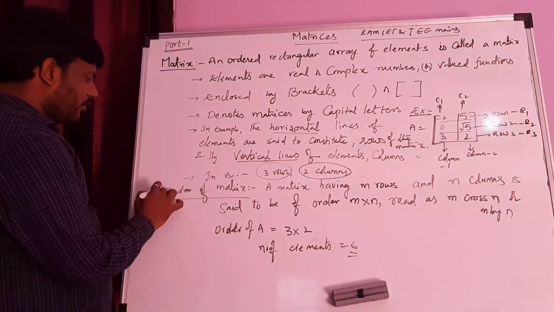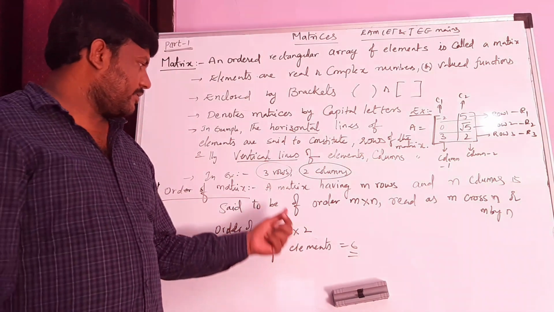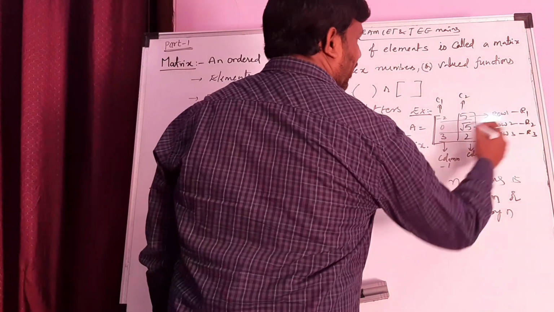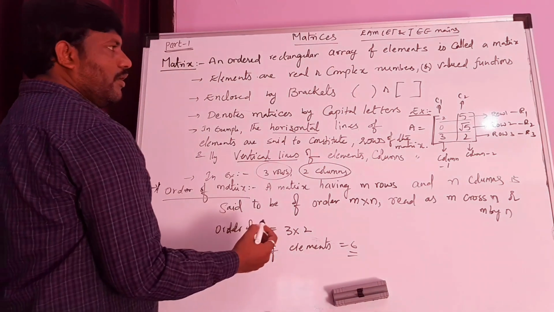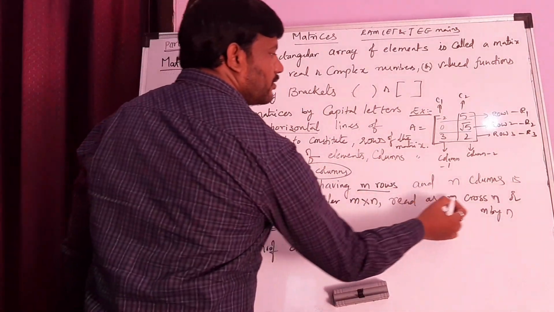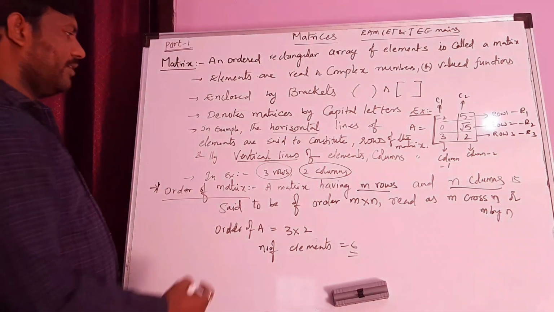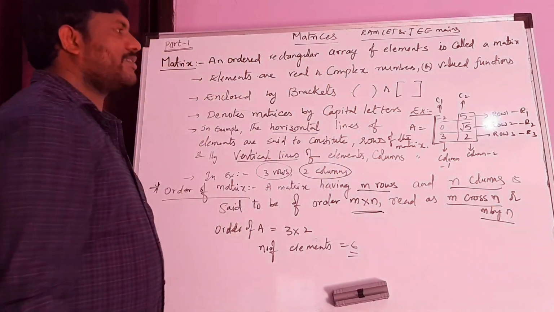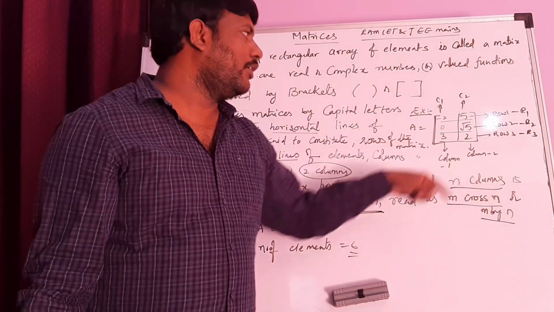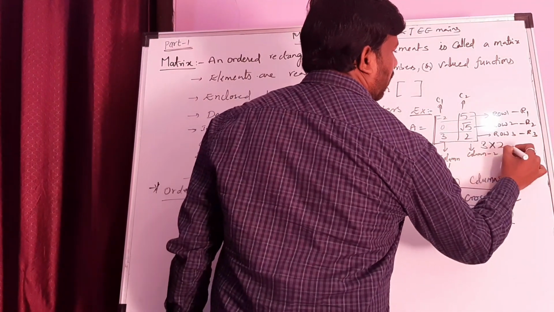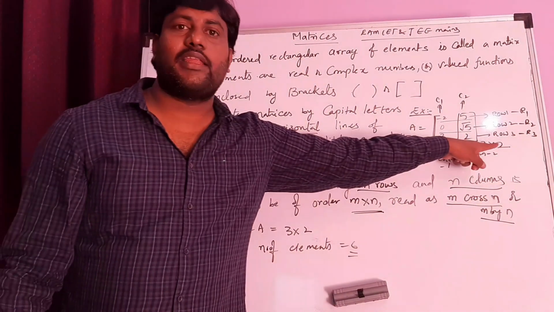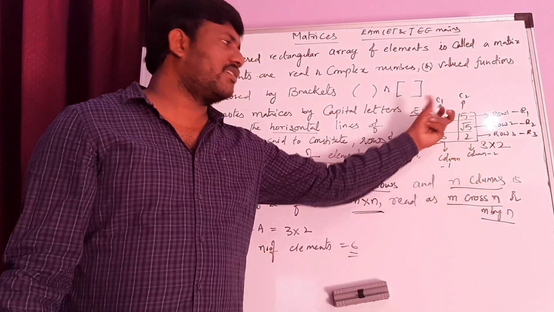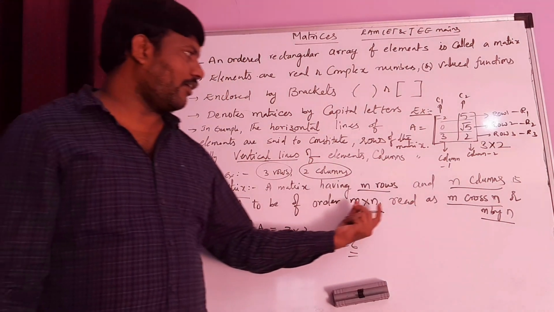Now, the next very important concept is the order of the matrix. See, what is the order of the matrix? In the example, we are showing rows and columns. Always a matrix has m rows and n columns. That is, rows by columns is said to be the order m by n. We read it as m cross n or m by n. So this is the example, this is a matrix. We can say that here there are 3 rows and 2 columns. So we can say this is a 3 by 2 matrix or 3 cross 2 matrix, where this 3 by 2 is nothing but the order of the matrix.